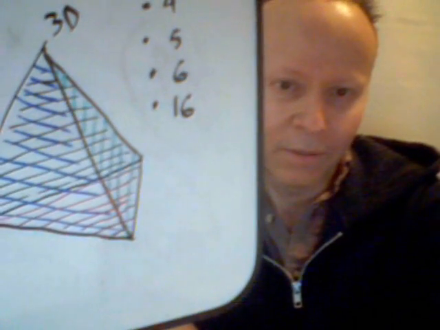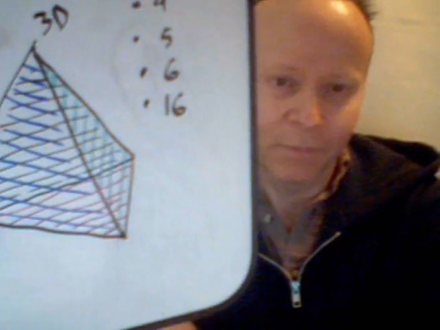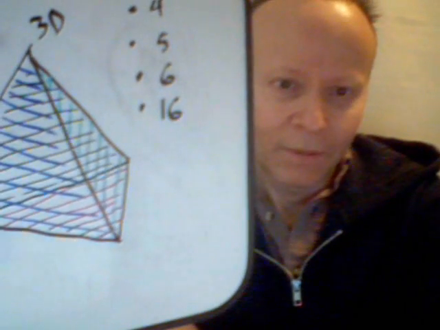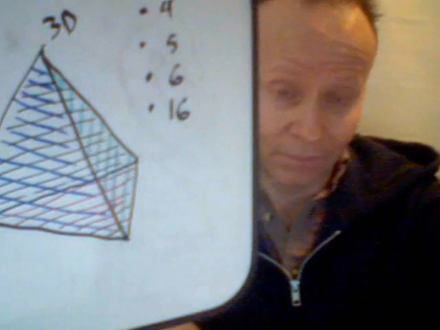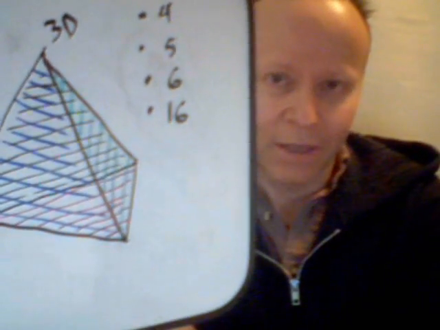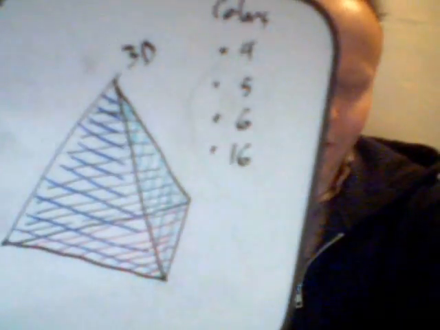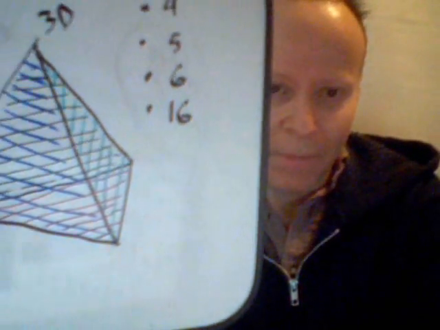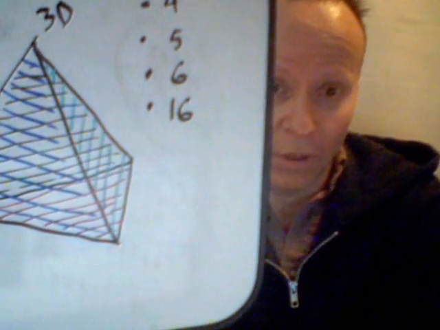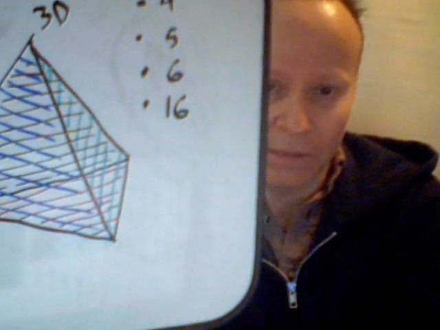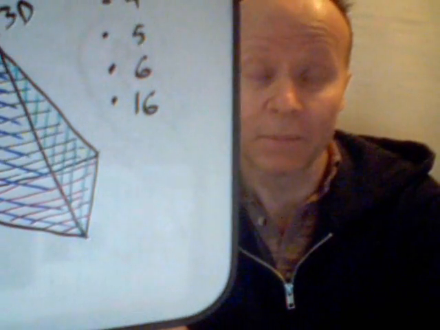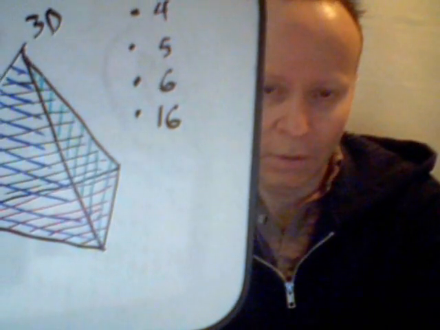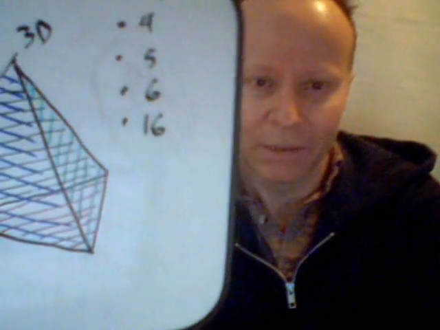16 colors for 4 2-dimensional surfaces to prevent any overlapping of the colors on the surface. So I don't know if this is correct or not. It's just food for thought. Maybe there's a solution that somebody's worked out already. I don't know. That's just my intuition telling me you need 16, because 4 is the minimum number of sides for the smallest 3-dimensional object, and so you need 4 times 4 colors to get them separated. So anyways, that's my little fun diversion for this video,